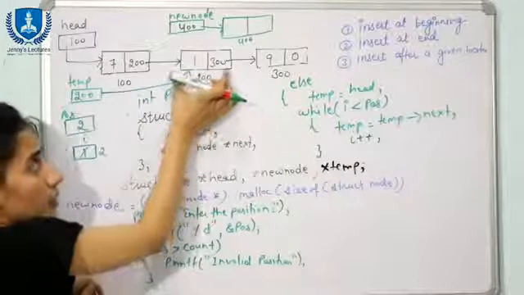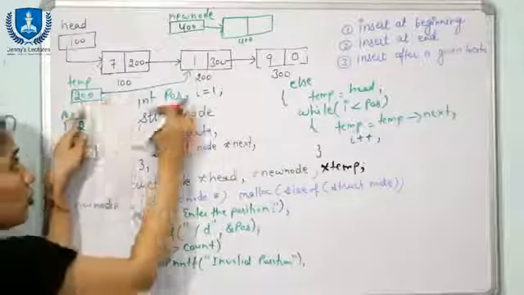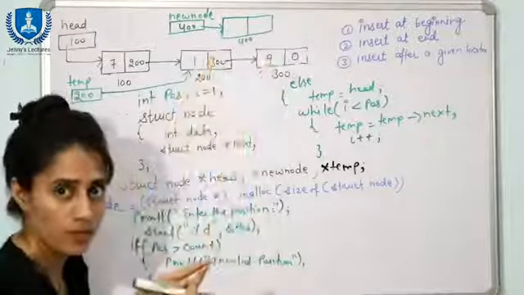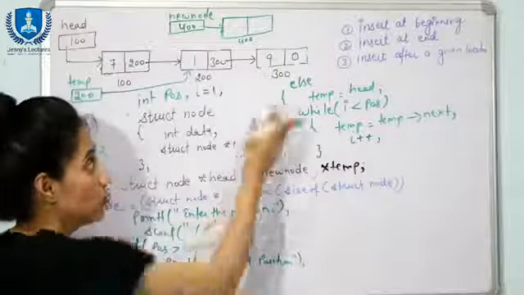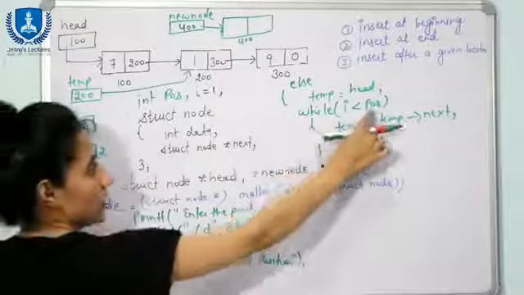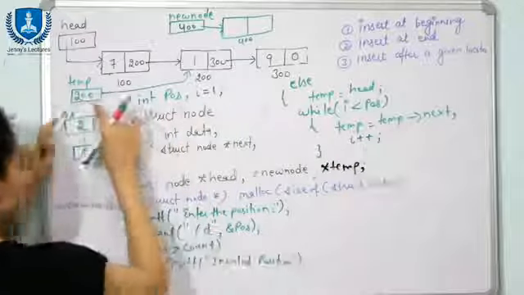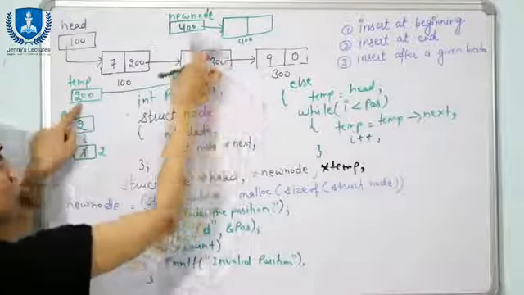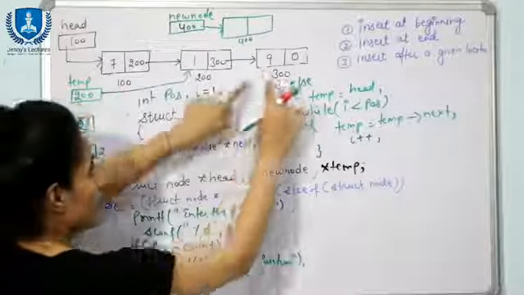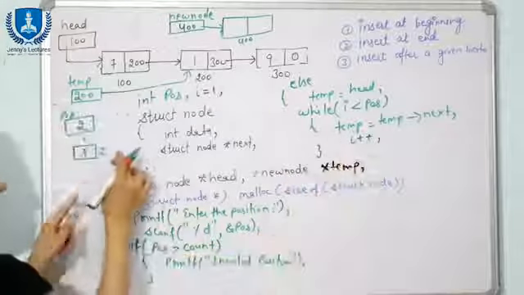See, we have reached our specified position, as you can see. Now temp is going to point to this position. After this position you are going to insert the node. Fine. And suppose position is 3. So now 2 is less than 3, so again we are going to do temp is equal to temp next. Temp next is now 300, so 300 is going to be stored in temp. In that case temp will point here to 300. And I also becomes I plus plus, that is I becomes 3.